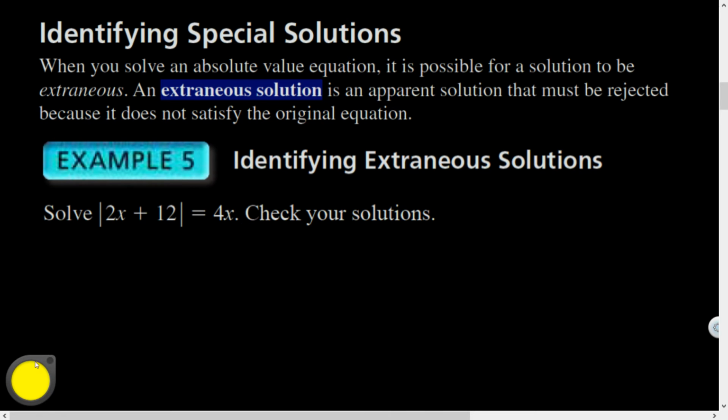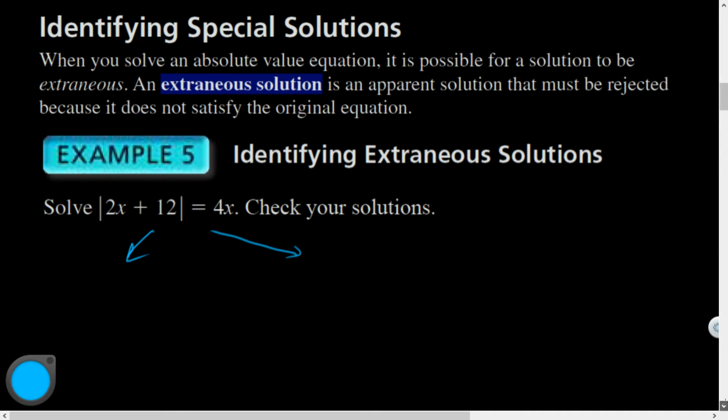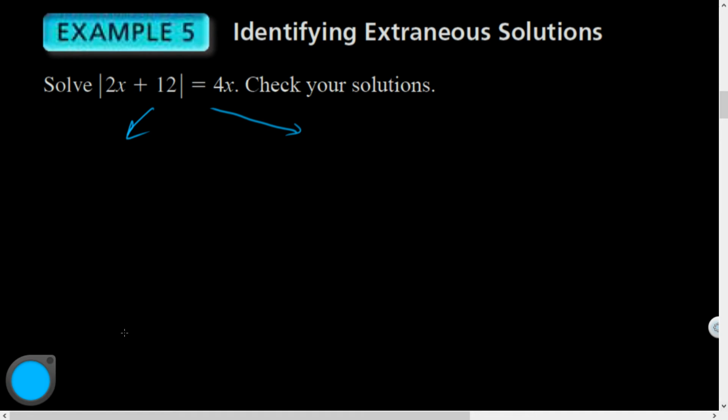But now I'm going to try to solve this the same way. Is the absolute value by itself over here? Nothing's outside of the absolute value on this side of the equation. Yeah. So let's break it up. And I've got to be careful. I'm going to do everything right, but there still will end up being a false solution, or possibly 2 false solutions. So either, get rid of that absolute value,